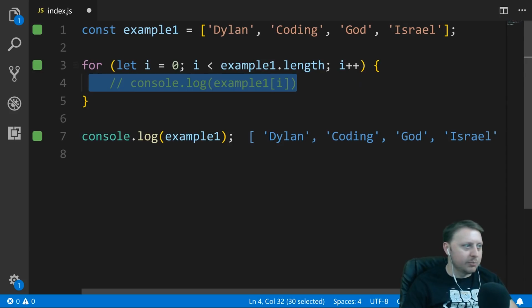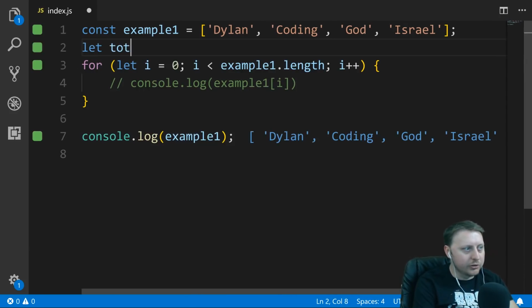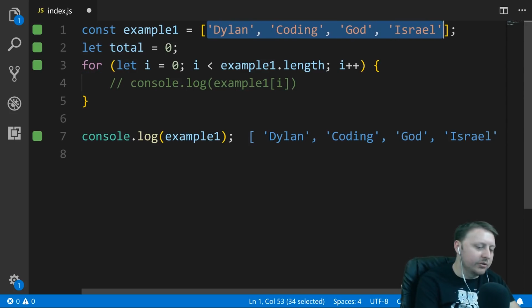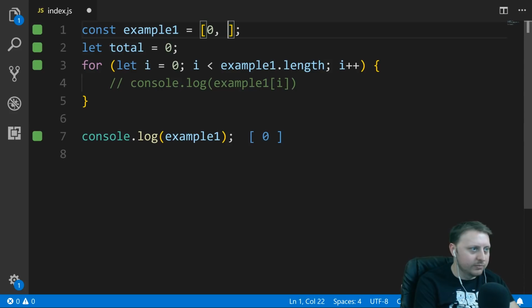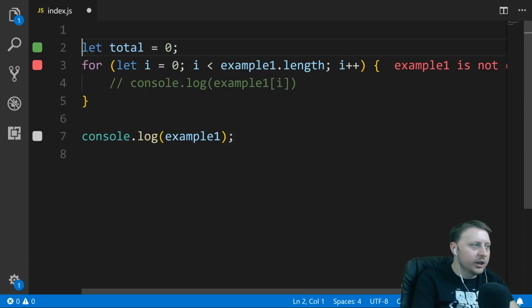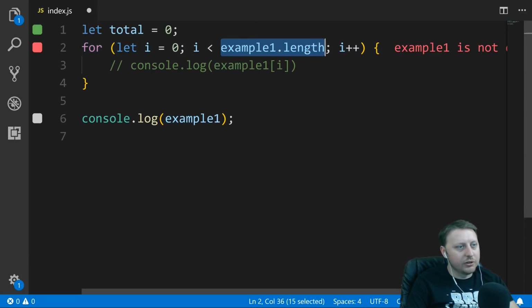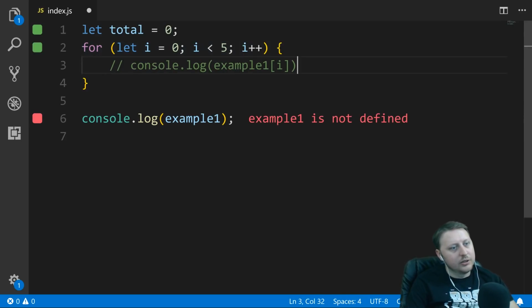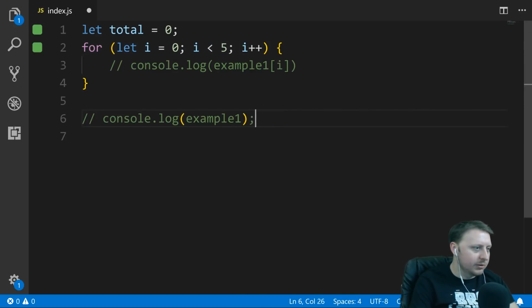Let's give a different example though. We're going to create a variable here called total, and we'll set total equal to 0. And then instead of a string, let's go ahead and pass in a bunch of values here. Actually, let's eliminate the array altogether and just hard code a value here. So while I is less than 5, I++. So what we want to do here, comment this out for the time being,